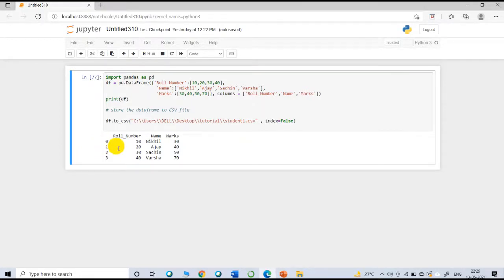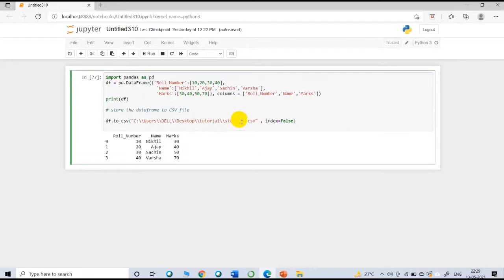But when I'm saving this data frame into a CSV file, I don't want these indexes to be saved. I just want to save the roll number column, name column, and marks column. That is, I don't want to save these indexes 0, 1, 2, and 3. For that, I need to pass this parameter index=False.